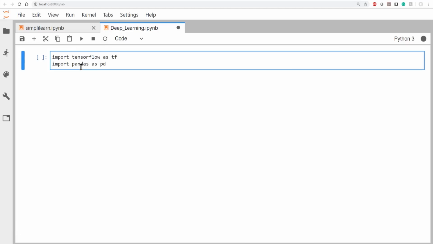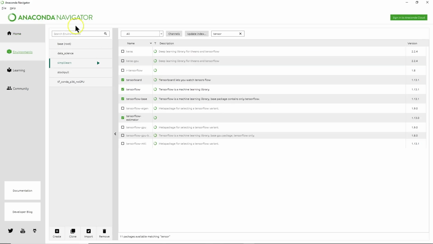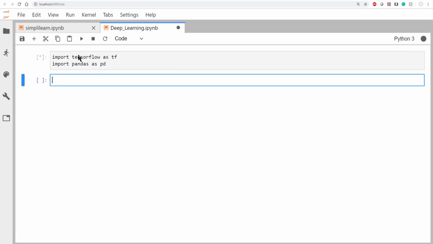The first thing we want to do is import our tools. Remember, you have to install TensorFlow, and we'll also use Pandas. Pandas is a nice database setup. That again is under your environment, where you can see whatever you're working on, my Simplilearn setup, where I've installed TensorFlow and Pandas. I'll simply go up here and run this. I'm not going to see anything, but we've just imported those into our notebook, so those are now available to us.